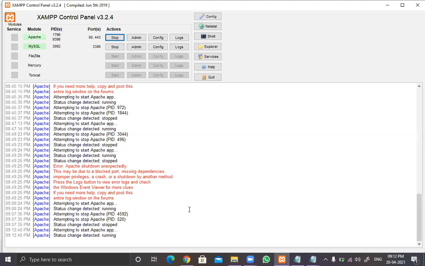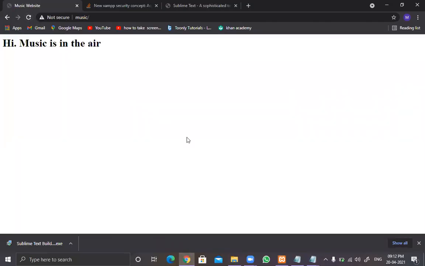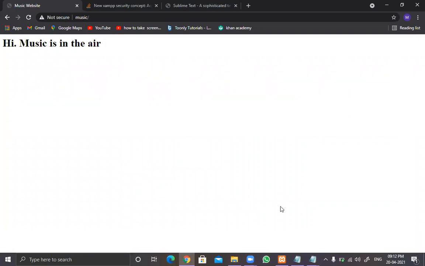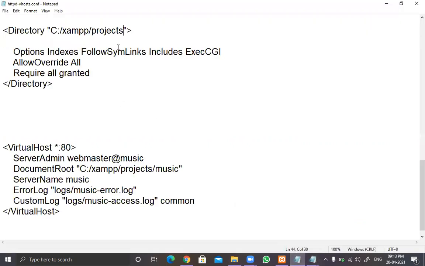So it's green now, running. And let's try to refresh this music folder. And you can see it here. Fine. Now home task for you, you need to set up the tourist folder in a similar way. This new setting is to be done only once. You don't need to do it time and again because we are going to create all the projects under this projects folder.